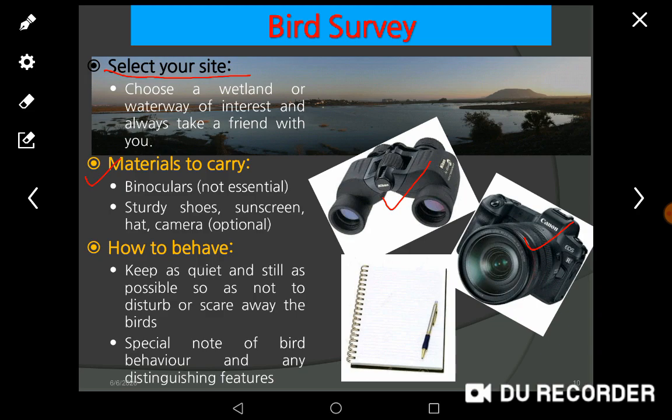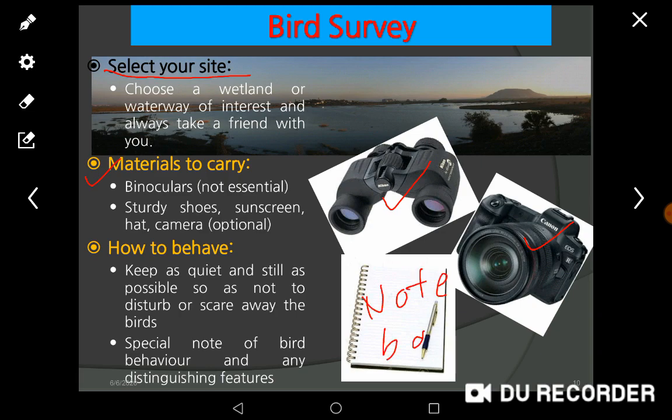If you have a digital camera, it's a good thing, because when you come home you can see those photos on the computer in enlarged view and identify birds very easily. So for identification, camera, binoculars, and lastly you should carry one notebook or a diary.